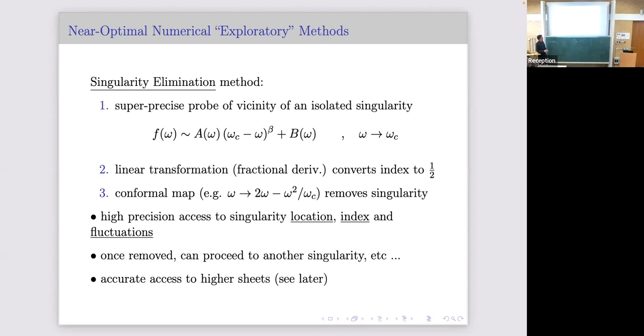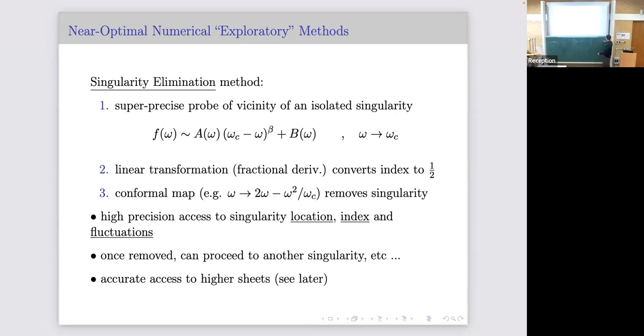Square roots are special in the sense that if I then make some conformal map, such as this, the square root now turns into the square of the square root. So it becomes completely regular. So you need to know beta. And now the good thing is you can use this to find fantastic precision. So suppose you have, for some reason, a hint that maybe beta is 3/5. Well, you can go from 3/5 to a half. If you're right, you clear the singularity. If you're wrong, you won't. So you can bootstrap this, and it's incredibly precise.